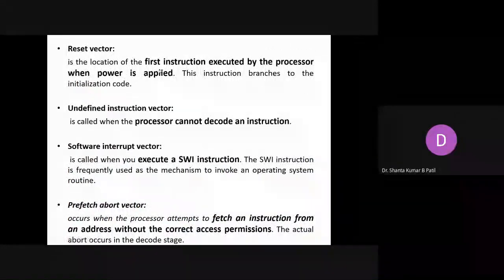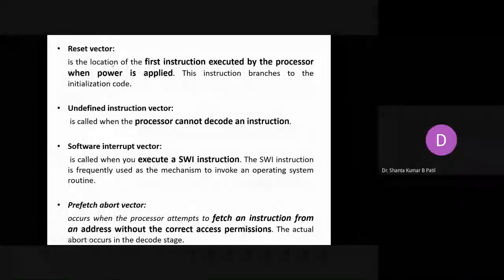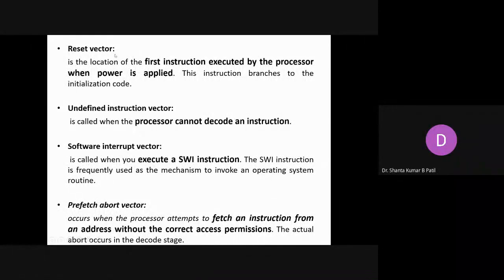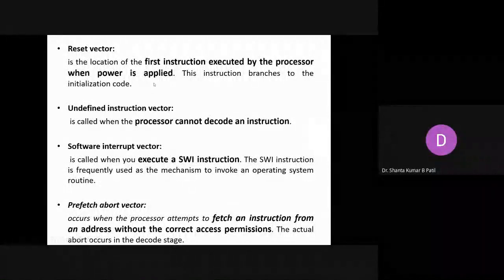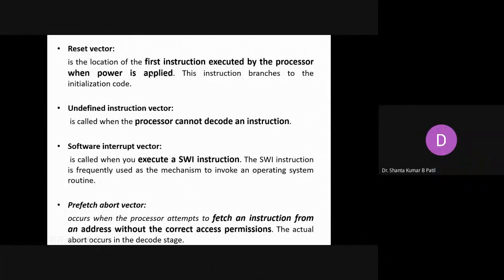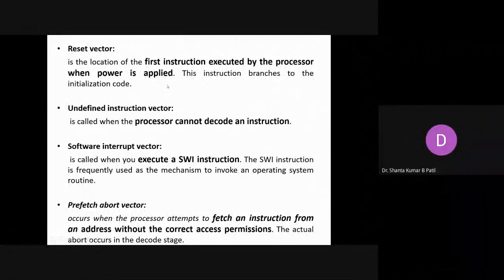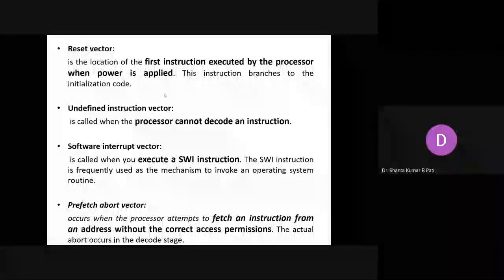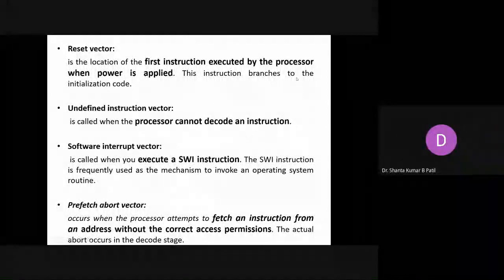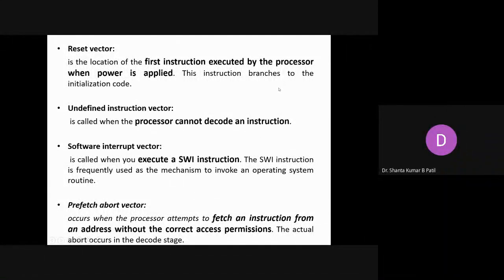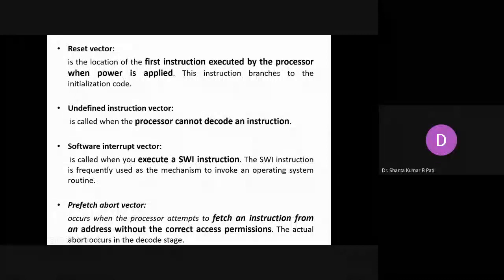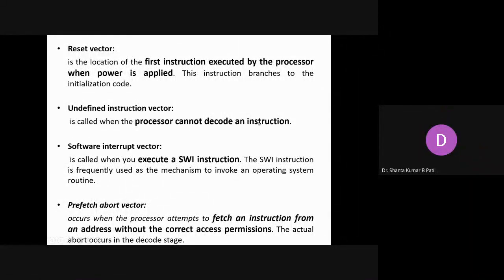So reset vector, as I told, I have given the reset vector where the content of all the registers is set to zeros, and I have shown the ISR of the reset button. Why are all the registers set to zero? In the backend it runs a set of instructions which, most of the time, move 00 to all the registers available in the processor. So this is already explained.